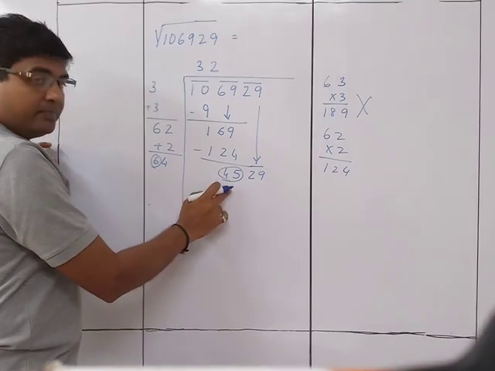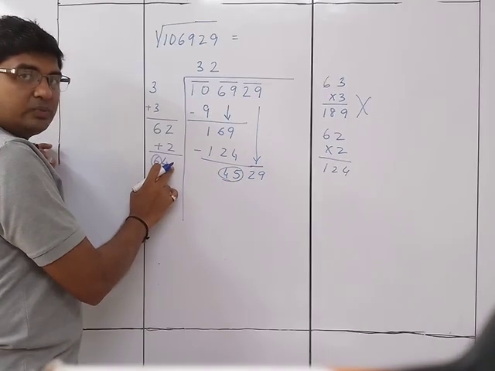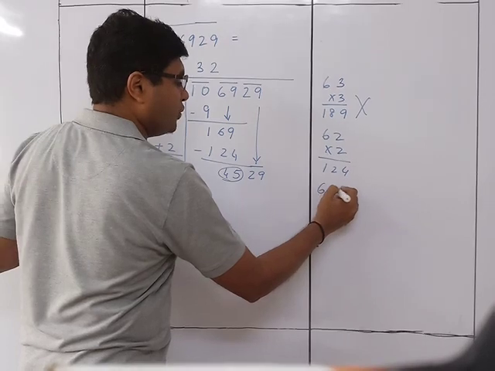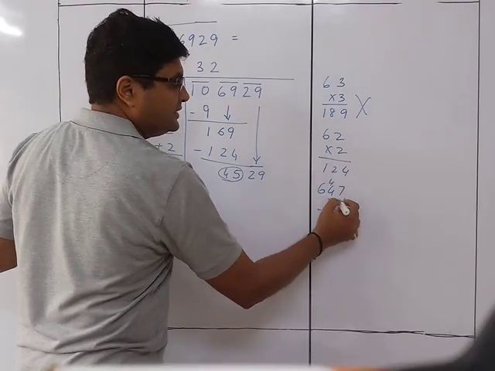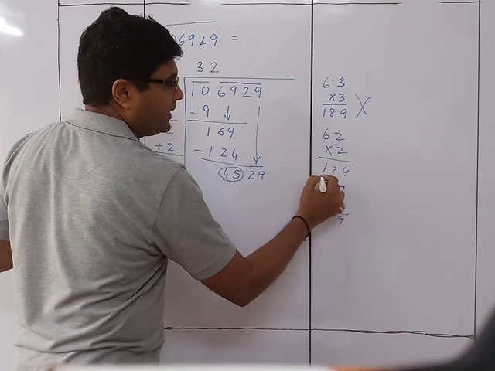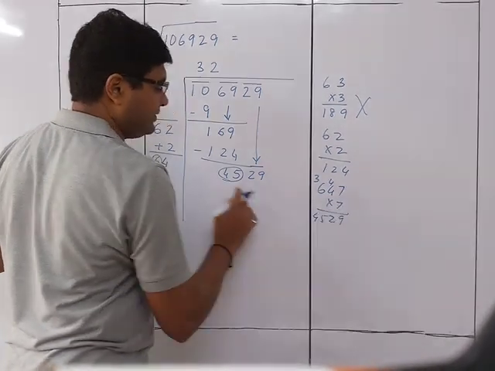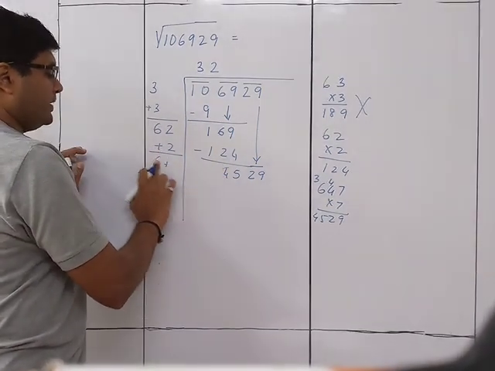Try to divide them. Whatever the division gets me could be the digit which can be placed here. So we'll try that. We'll try this as 647 into 7. 7 7s are 49. 7 4s are 28 plus 4 is 32. 42 plus 3 is 45. You can see that we are getting exactly the same number. So accordingly, we have over here